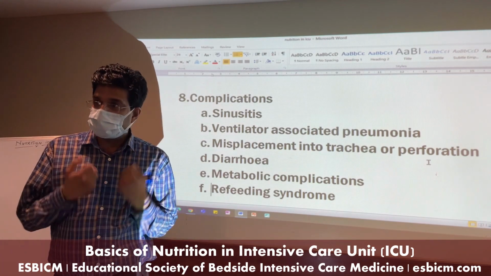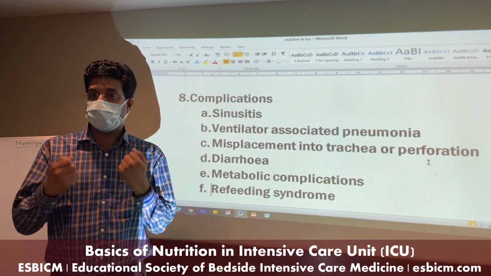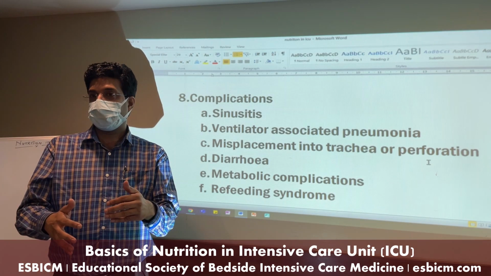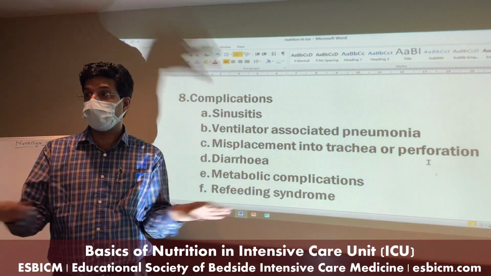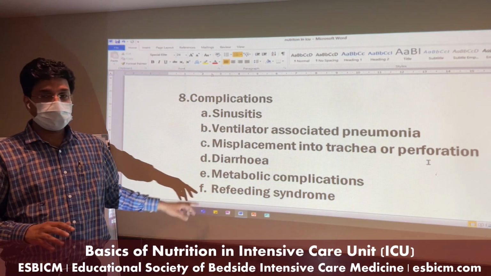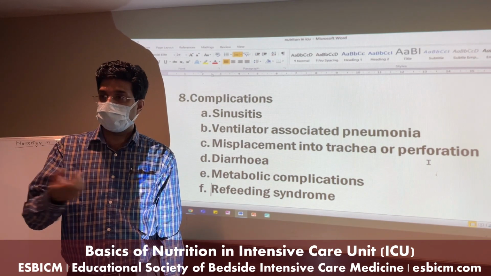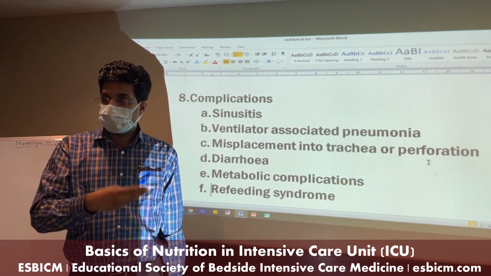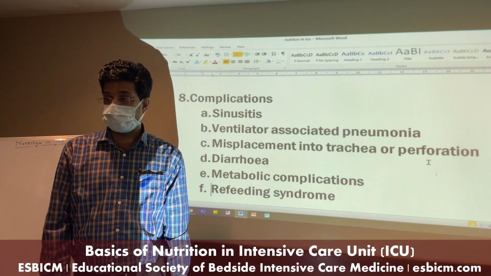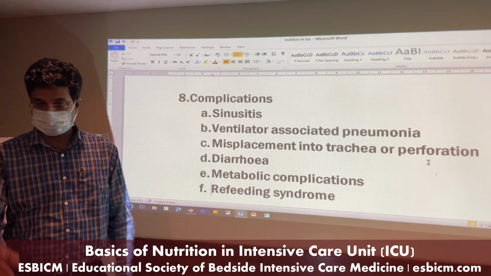For that, it starts consuming all the electrolytes: sodium, potassium, calcium, everything. So suddenly there is a drop in all these electrolyte levels in the blood, and this can cause life-threatening arrhythmias and seizures. So whenever you have an underfed patient, check phosphorus, supplement phosphorus, and build up gradually. Start the tropical feed gradually. Don't give the full feed immediately. Also, thiamine and other things need to be supplemented.